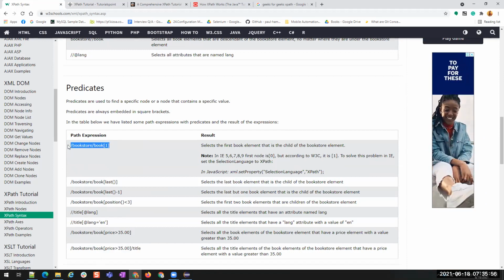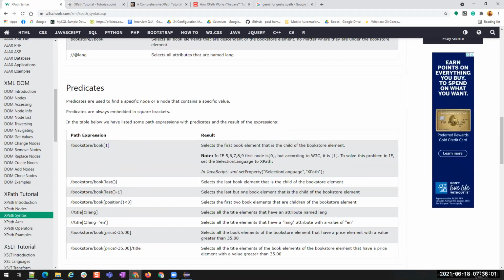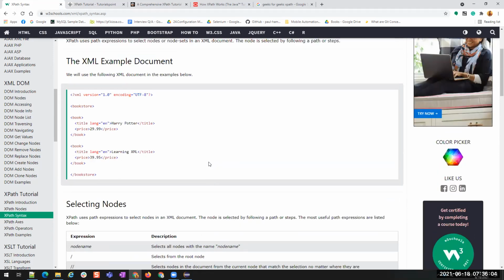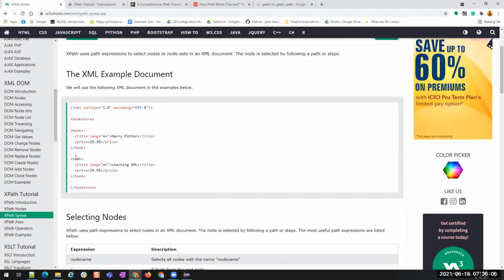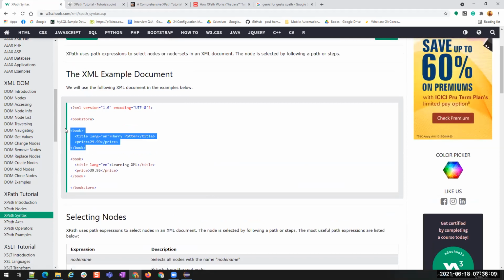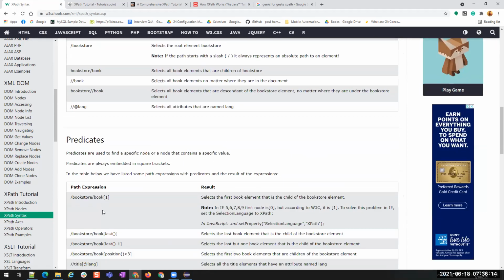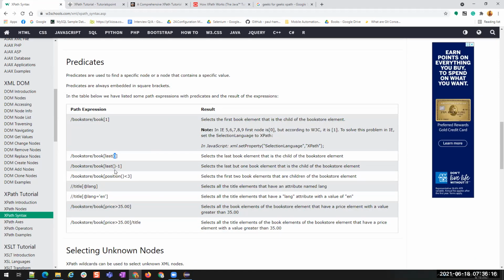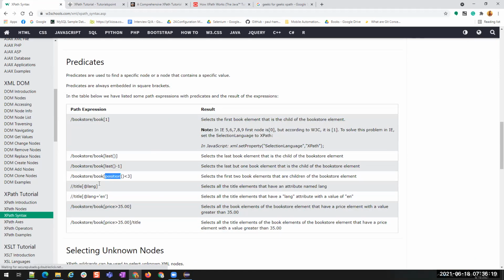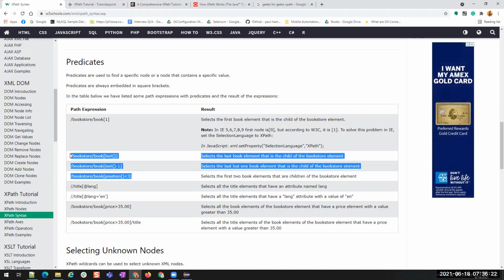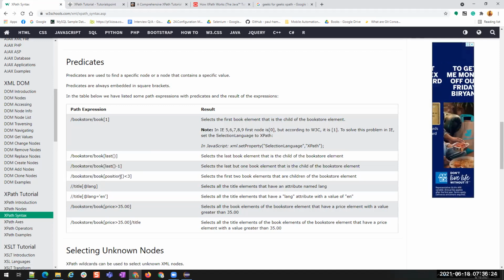Okay, indexing. If we have multiple books and I want the last one, I'm using the method called last. You see here in bookstore I have 2 books. I don't want the first one. I don't want to use any attribute or any value, but I just want the last book. Then I'm using the method called last, last minus 1, and position less than 3. So all these things we don't use in our Selenium, because we never use last minus 1 or position. We always use attributes and text present inside it, because we have to find the element uniquely, right?